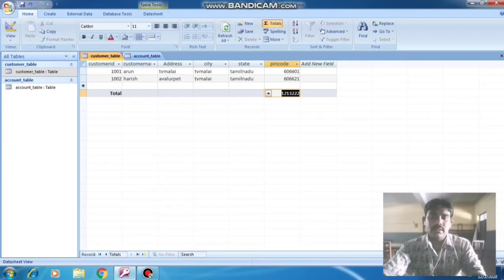All of this is very easy, for finding the total marks in a subject, finding the average easily in a database table. We need not type any formulas and equations, not at all. Just click the Totals icon to find your total marks, your average, your sum, your count, and the maximum mark easily. So this is the Totals icon.